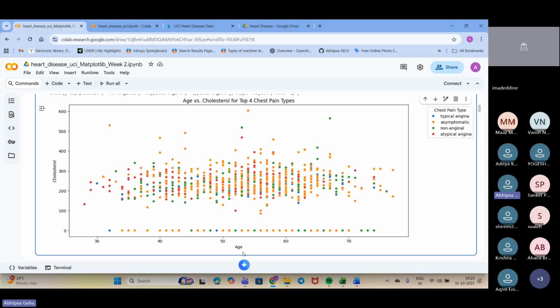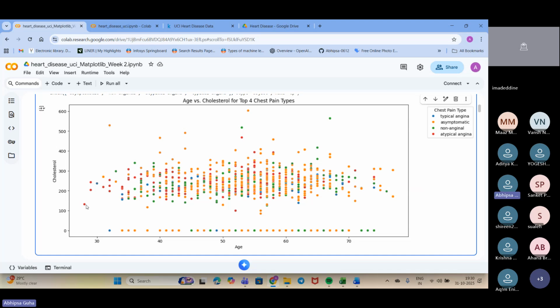So against age, my cholesterol level and the 4 chest pain types have come up. Suppose this is my data: the person is 30 years old, the cholesterol level is between 200 and 300, and the chest pain type the person is having is typical angina, because it is blue in color.